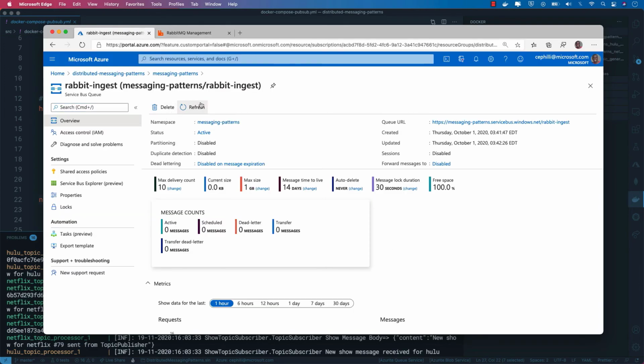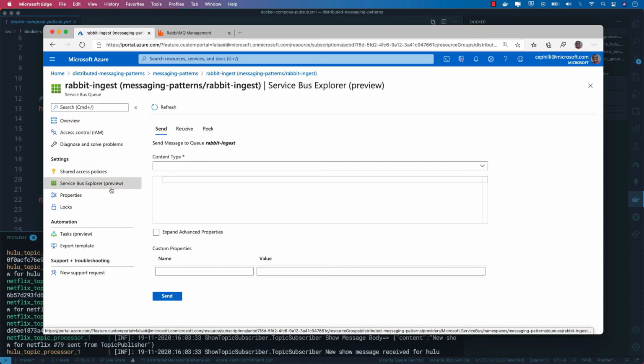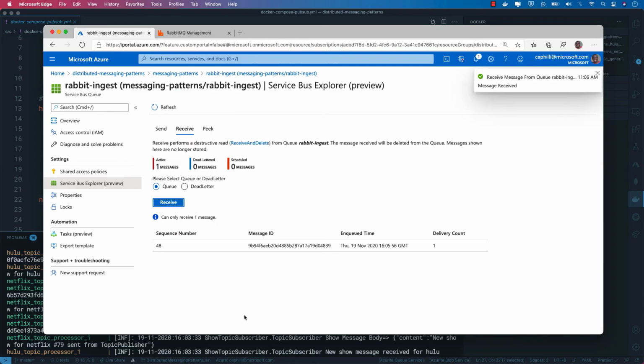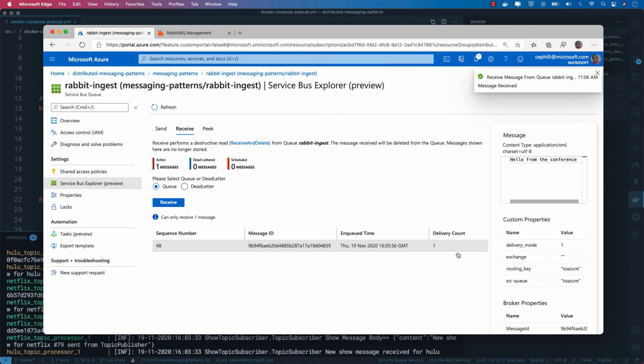And now back here inside of my queue inside of Service Bus, I'll refresh. And there you go. You can see I have a queue count of 2, right? And I can check out the Service Bus Explorer that's here. I can click on receive. And now when I hit this receive button, I'm able to look at this message that I got,